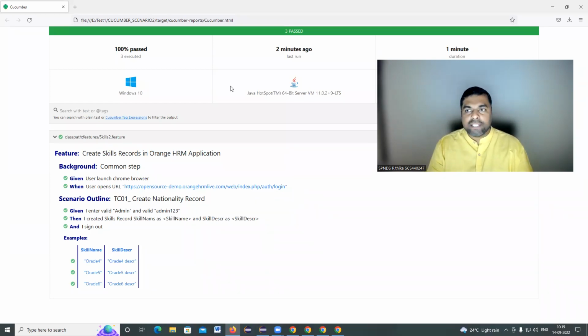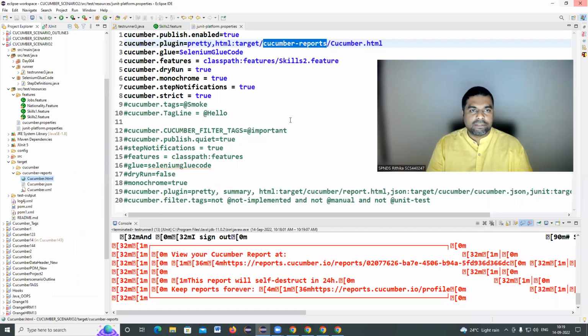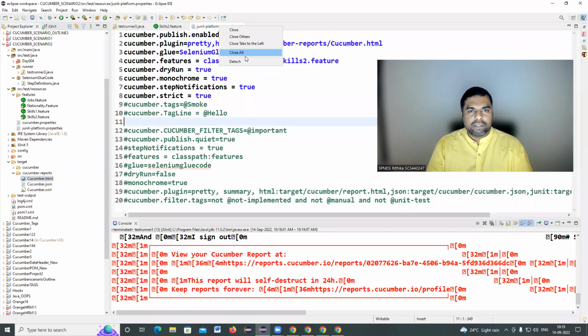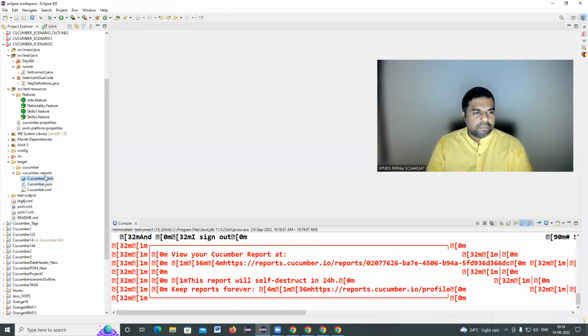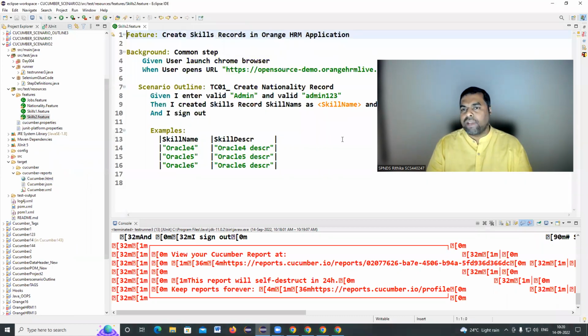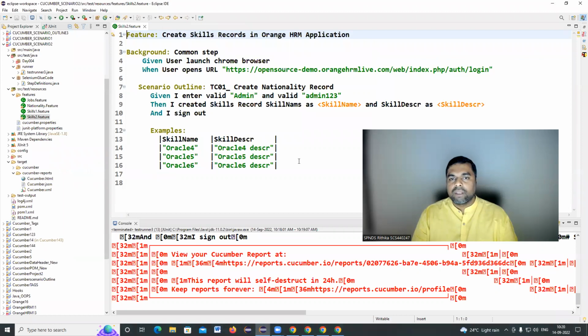Okay. Anybody has any doubts in scenario outline? Skills2.feature file. So this is the feature file I have developed. Can we do one more example or is this enough? One more example. Sir,